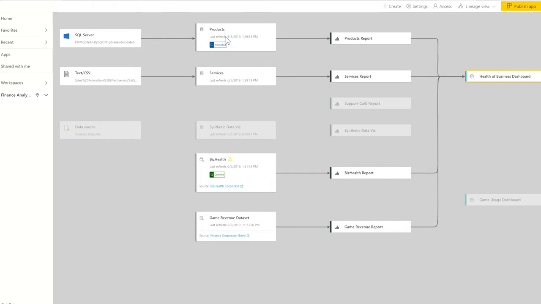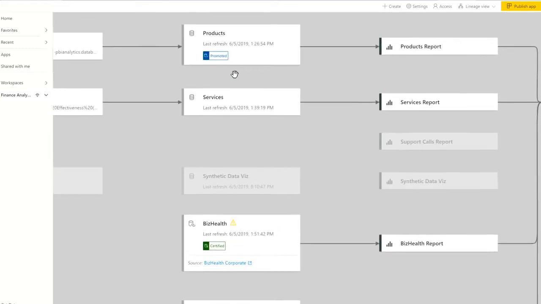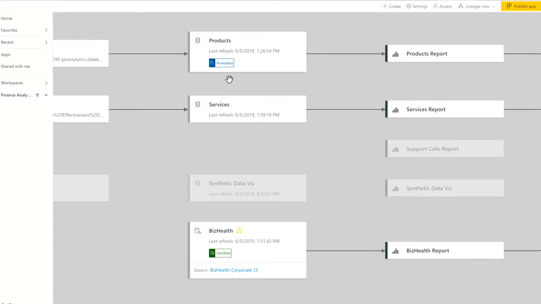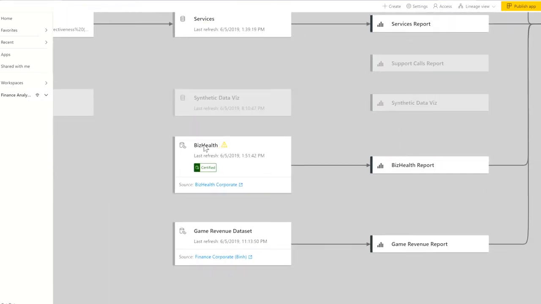And these reports connected to data sets and to data sources. Let's drill into the data set. So you can see here that the data set includes more metadata that can help you to do the troubleshooting. So you can see the name, the last refresh status, and also the endorsement status, like if it is a promoted or certified dataset. If we go down here, we can see that the BizHealth dataset is having first